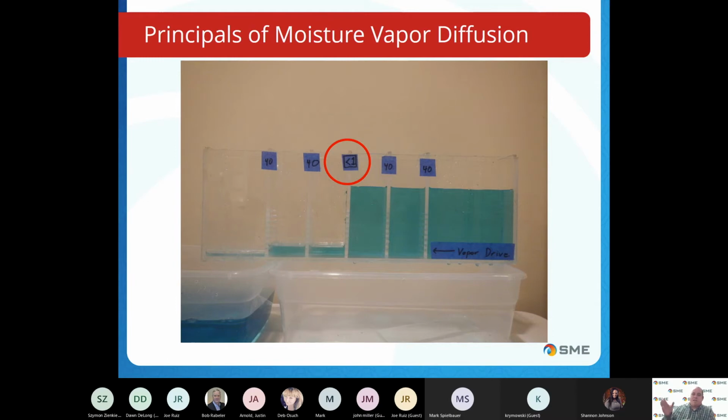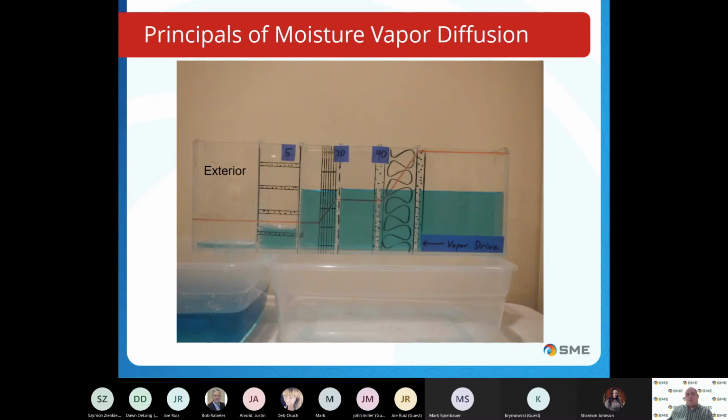And here you can see how water on the right side is very well contained in there. But once water gets through that last partition, it's a free shot out to the exterior. There's almost no water flow through this assembly. So let's look at what this would look like in a somewhat typical healthcare wall assembly, where on the exterior,